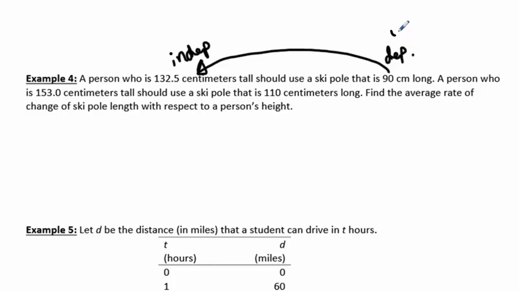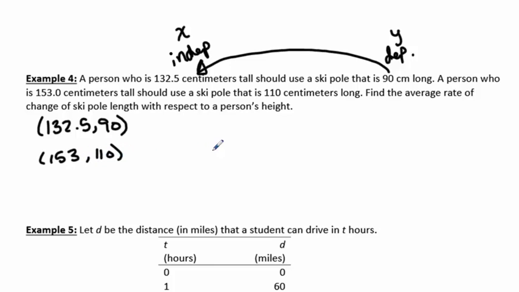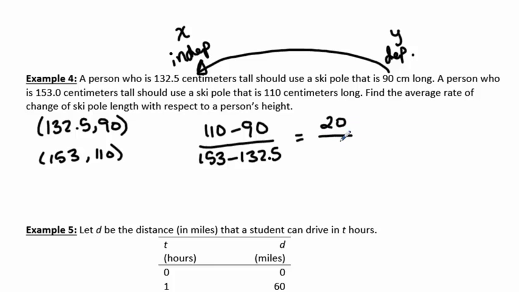Dependent variables are the y variables and independent variables are the x variables. So the ordered pairs are going to look like 132.5, 90 and 153, 110. So the average rate of change is going to be 110 minus 90 on the numerator divided by 153 minus 132.5 in the denominator. When we complete the subtraction, we get 20 on the top divided by 20.5 on the bottom. That gives us about